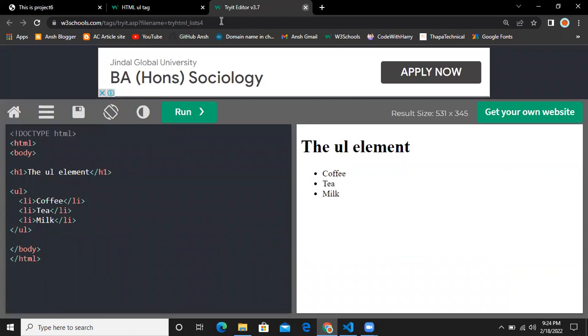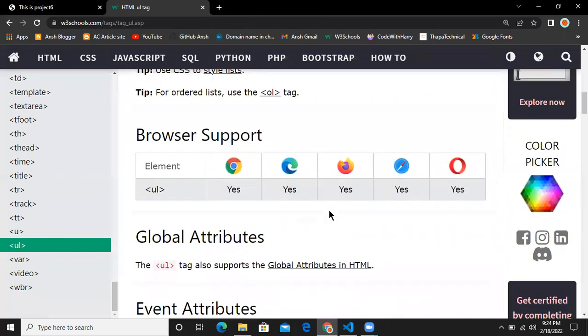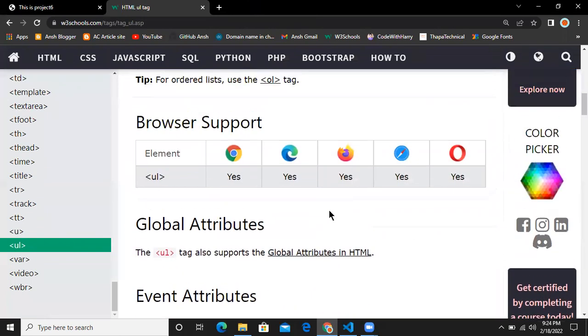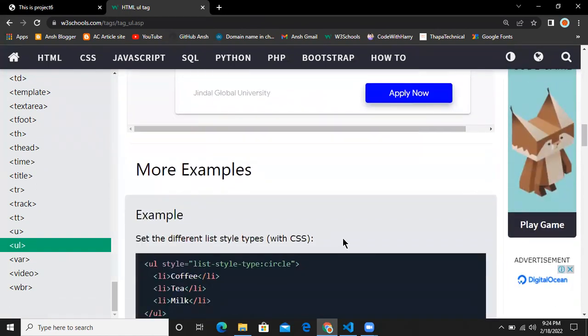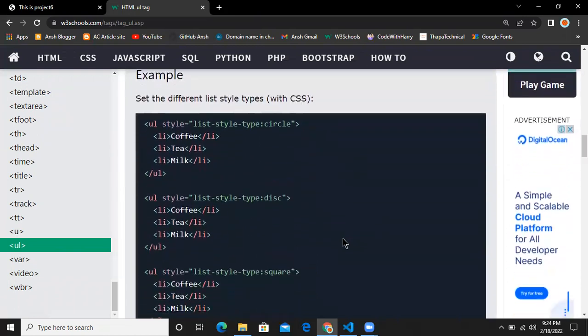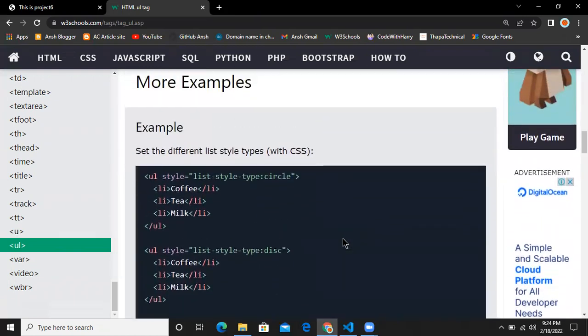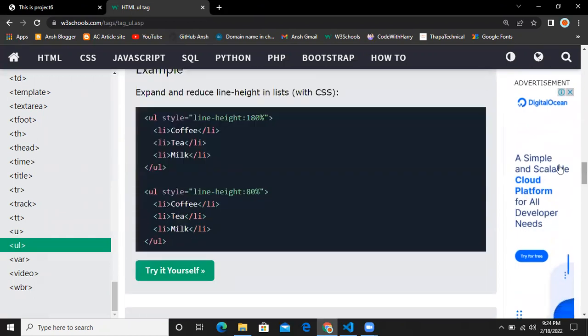Okay, and yeah, browser support in Chrome, yes. Microsoft Edge, yes. Firefox, yes. And this one, Opera. Okay, and yeah, the most important thing, set the different list style tabs with CSS. But this is HTML tutorial, so I will not tell this. Okay,